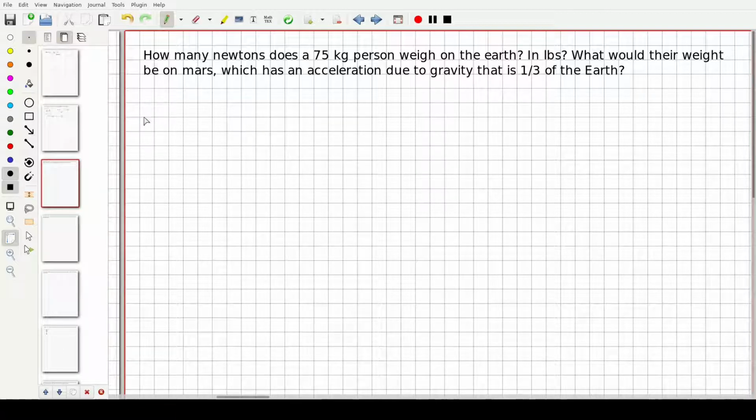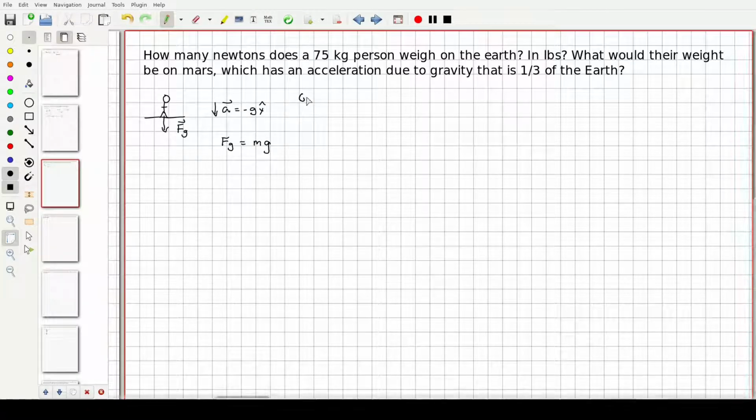If you want to think of a person standing on the ground, the weight would be down like this, being pulled down towards the ground due to the acceleration due to gravity, right? So here in magnitude,